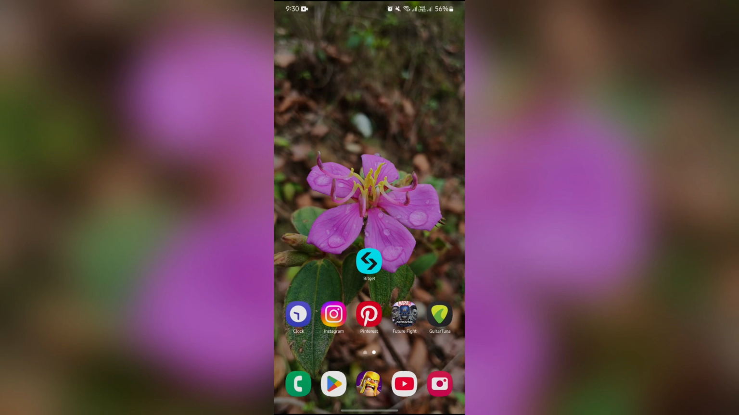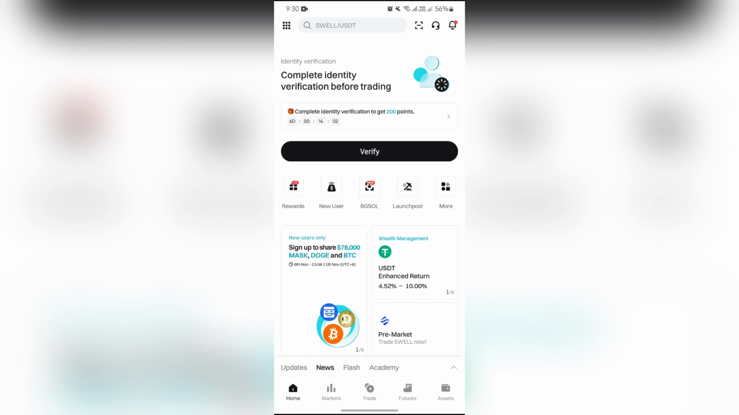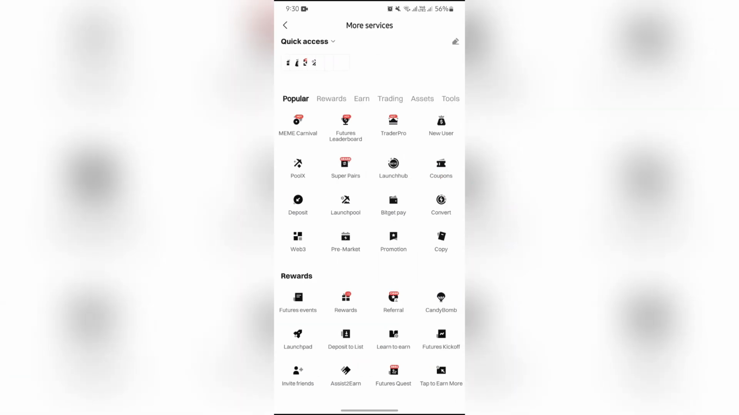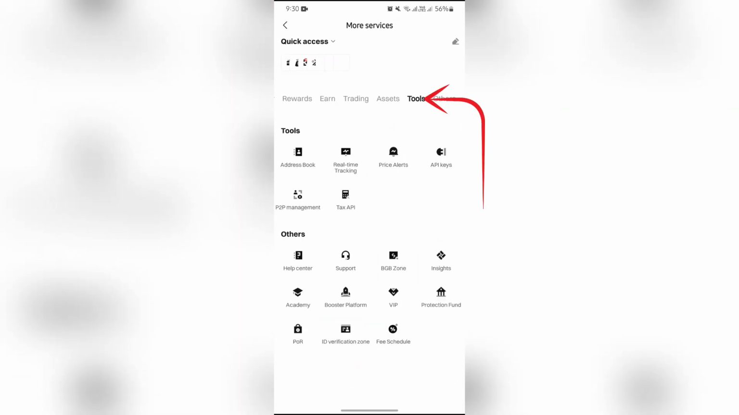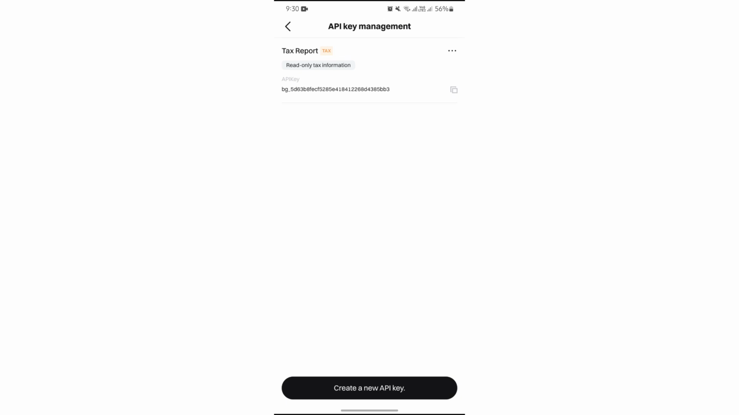Now in order to do that, just simply open your Bitget at the very first, and after opening that, go to the More section. From here, directly go to Tools, and after going into Tools, you will get this option of API Keys. Just simply select the API Keys option, and after that you will get to see your current API key in this section. And if you can't see one, you can create a new one, but here comes